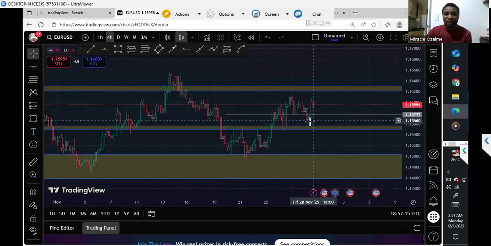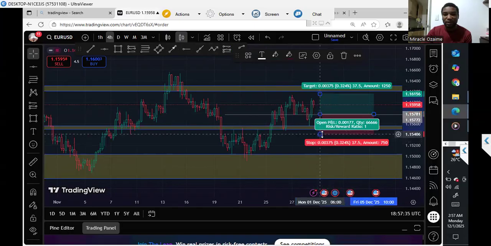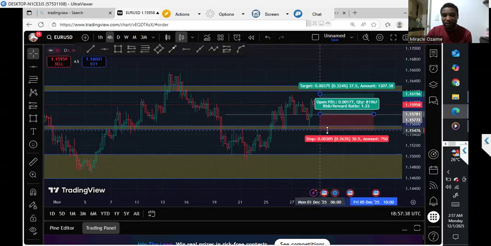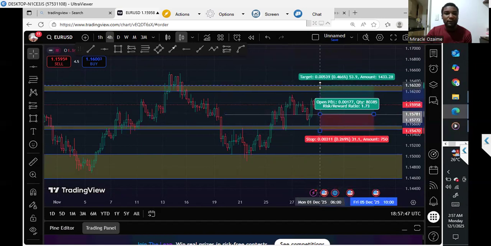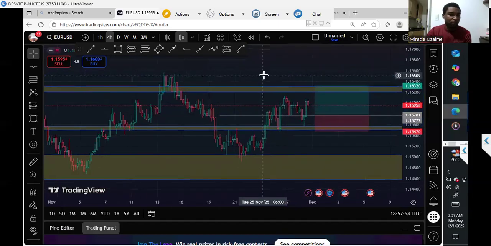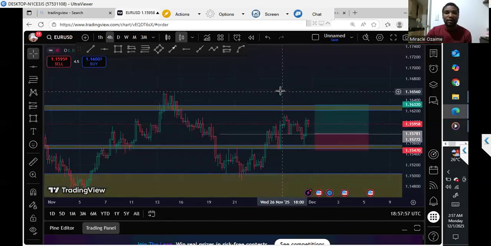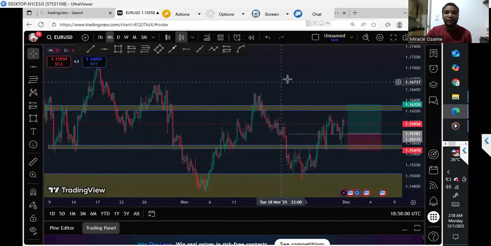Most likely this is looking like a head, this is looking like a left shoulder, and potentially this is going to come back down to test here for a right shoulder. So my buy bias for this scenario is going to be around this region. I'm going to place my entrance here. My stop loss is going to be below this support region. Then my first take profit region is going to be around this resistance. Because remember, on the weekly time frame, that resistance can also be